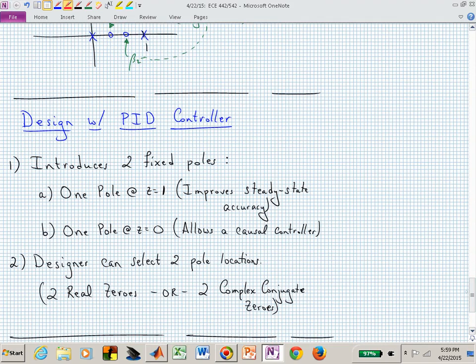So here's how we can design with a PID controller. First, we simply write down or put on our Z-plane those two poles that are fixed because we're dealing with a PID controller. One of those poles is at Z equal 1, one is at the origin. And here's maybe a way of keeping track of why those are there. One's helping with steady state accuracy. That's the pole at 1. That's right on the boundary of stability. And the other one is there to keep our controller causal. But then